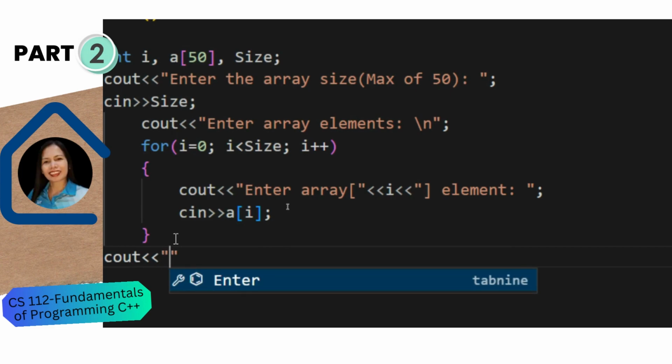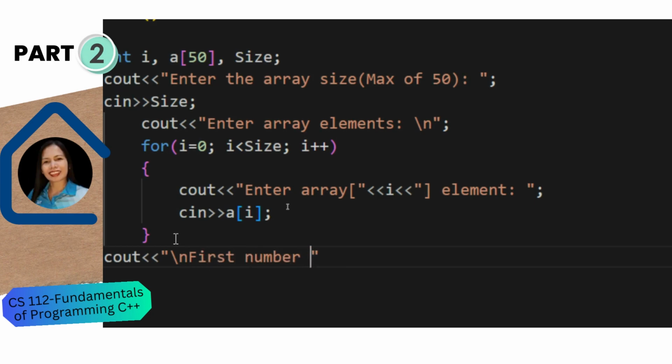Okay, quote, first. I will just put this in the next line because I'm not going to add a new line. Then what will happen? It will be displayed on the next row. I'll just show it to you later once we're done typing here. Okay, first number in the array